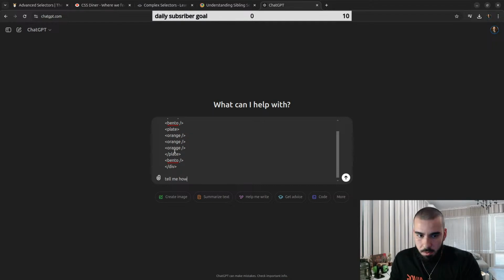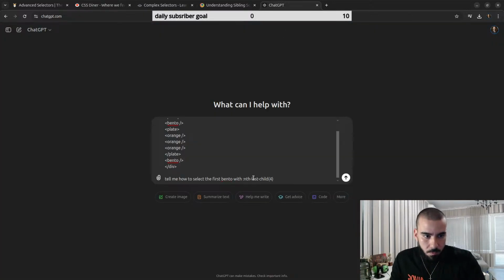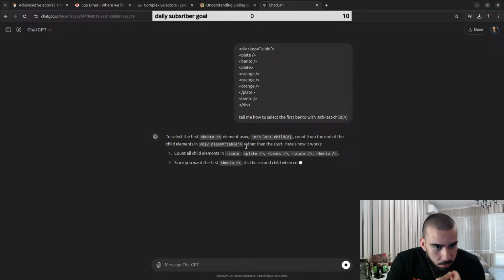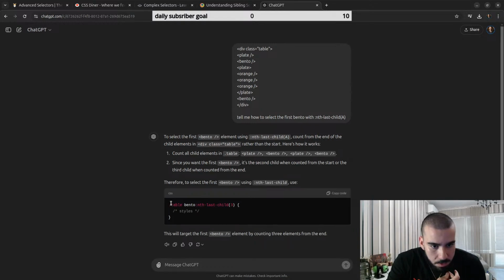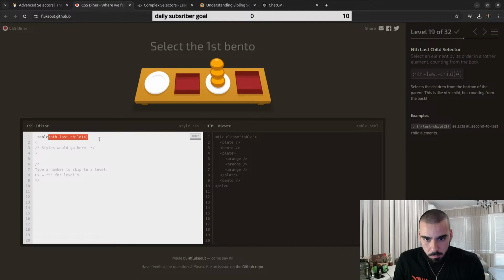Tell me how to select the first bento and last child. I'm really curious. And last child class table, count out the elements table. For some reason, I don't know, but I cannot use last child directly on the table, so